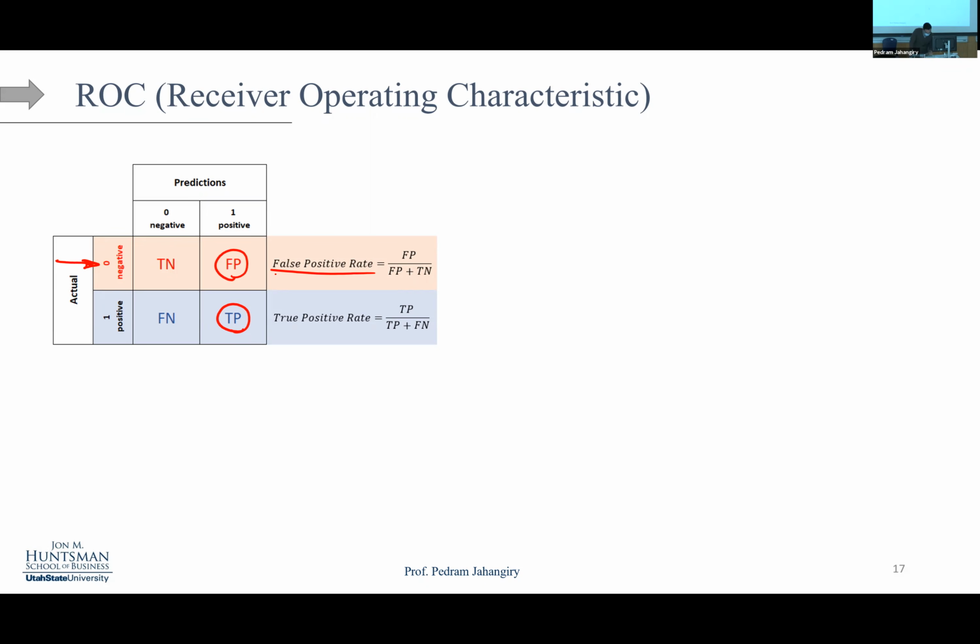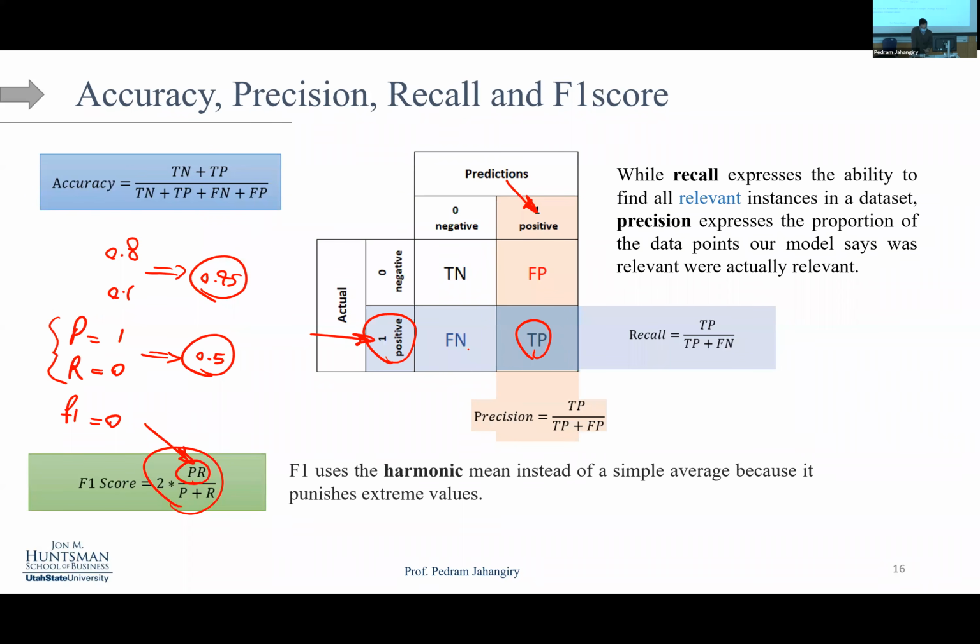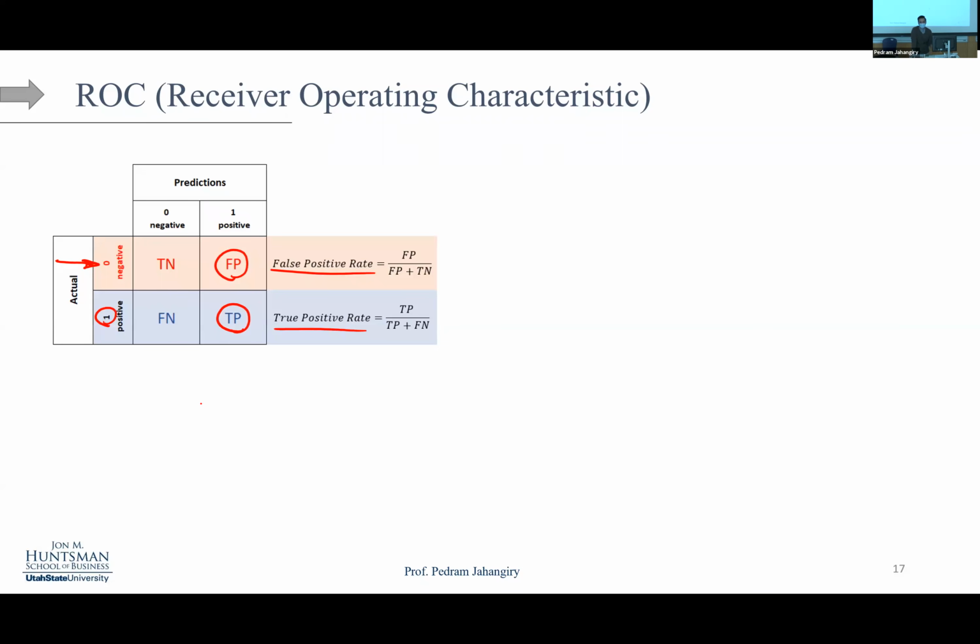And as you can see, true positive rate is what proportion of those who actually defaulted the prediction was correct, right? We have seen this before. We just saw that. What was the other name for that? If you look at the previous slide, they are exactly the same. Here we call it recall, here we call it true positive rate. So true positive rate, recall, or